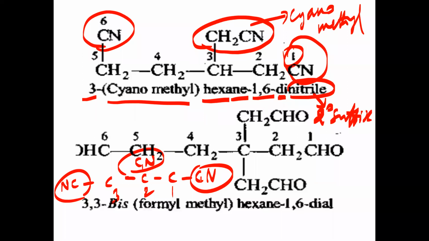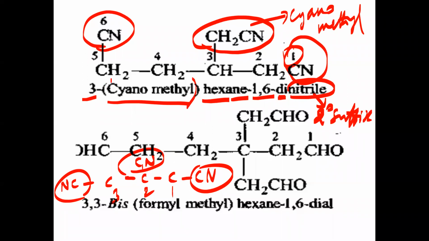Here numbering should not be given to the carbon of the cyanide groups. This applies when more than 2 cyanide groups are repeated. But in this case only 2 cyanide groups are there, not more than 2 times. When cyanide groups are there only 2 times, we should take nitrile, not carbonitrile. So this is methyl cyanide, meaning cyanomethyl. That's all. It is not a cyanide group here. So we have taken the name 3-cyanomethyl,